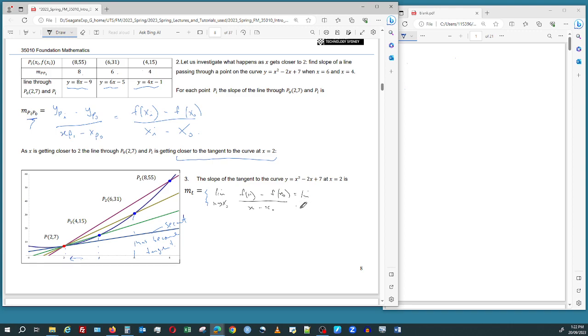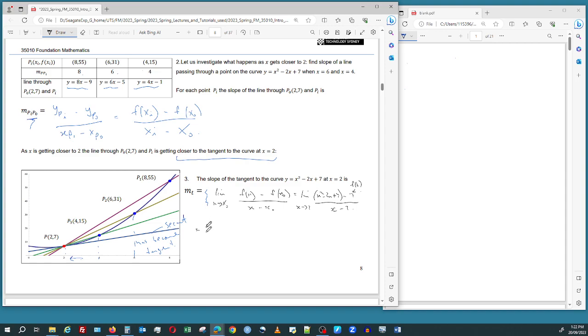So x this time is going to approach 2. We've got x squared minus 2x plus 7 minus 7, and that is f at 2. So it's a little bit different, this technique. Okay, over x minus 2. And so we get